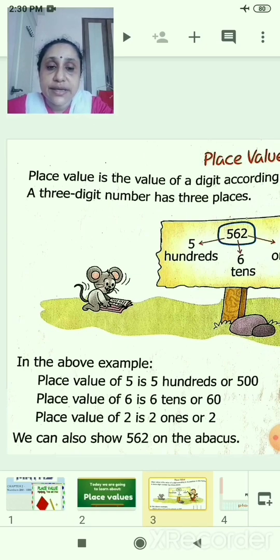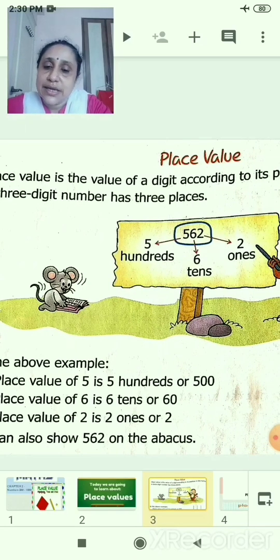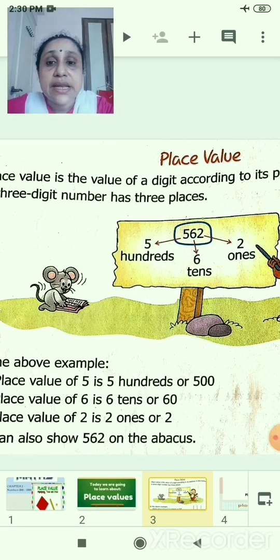You can see there 6 tens with the arrow it is shown, or 60. Place value of 2, see 2 ones, 2 is 2 ones or 2. Okay, so these numbers are also having their place, that is in hundreds, tens and ones.